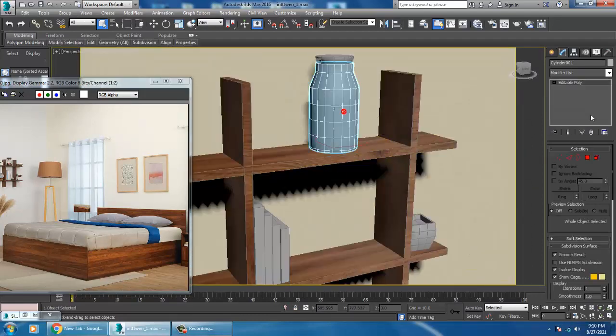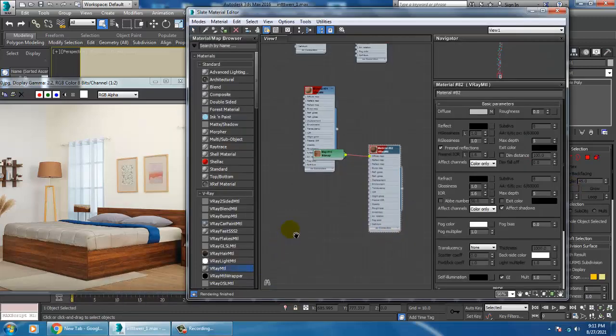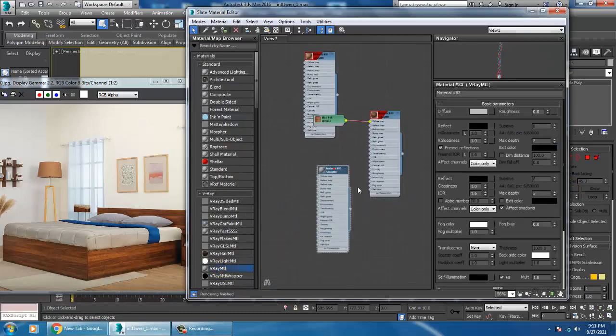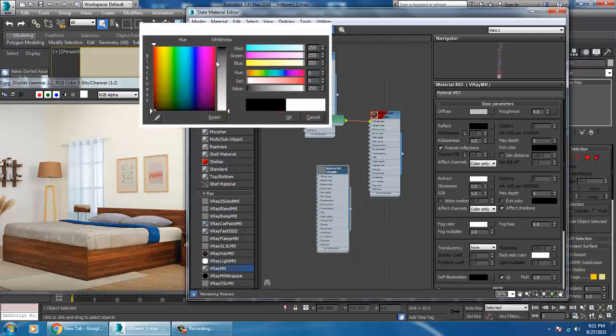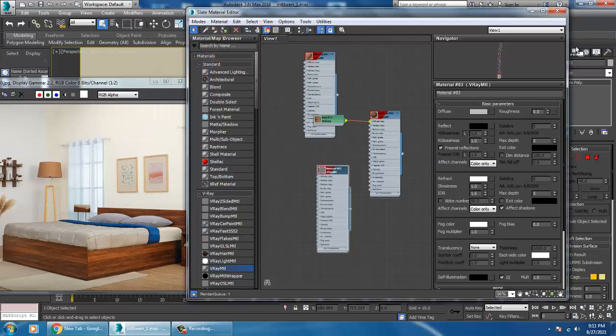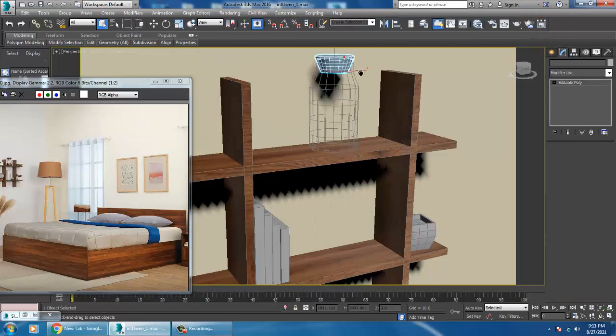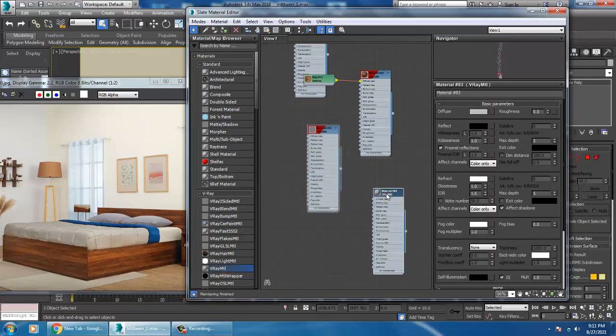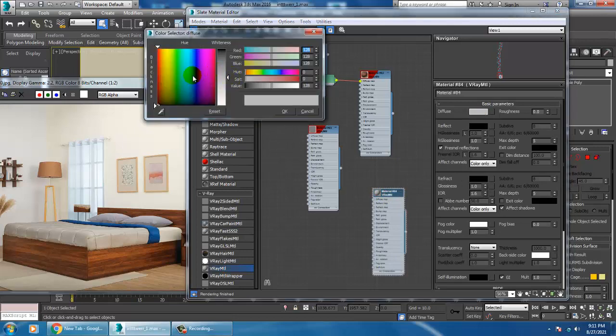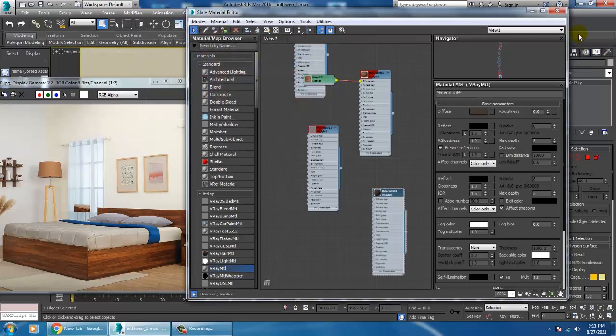Select this, again go into the material, take a V-Ray material, and let's give it a glass over here. Select this, go again into the V-Ray material. I'm just assigning some V-Ray materials over here. So let's just assign that.